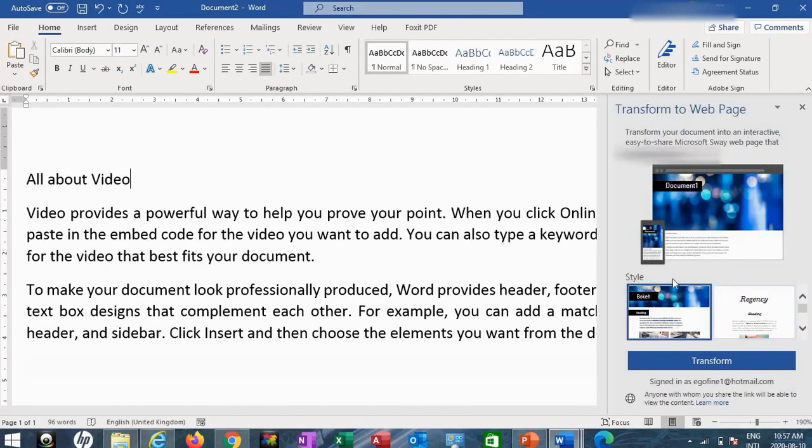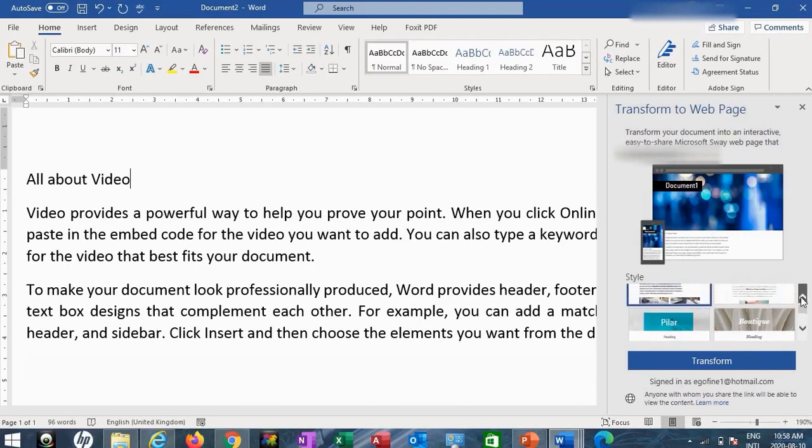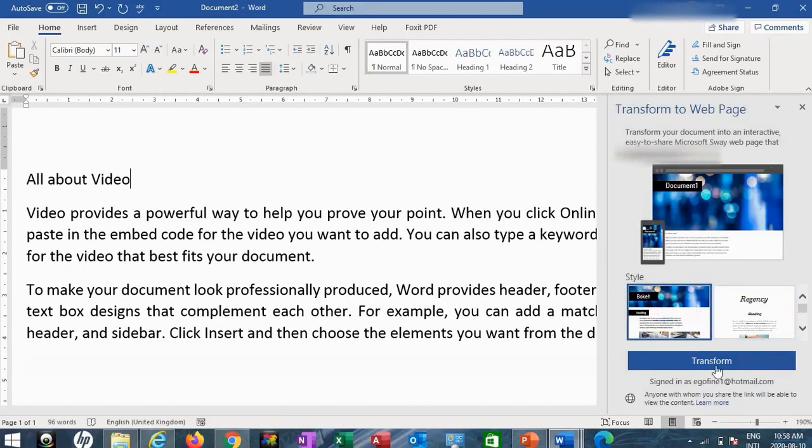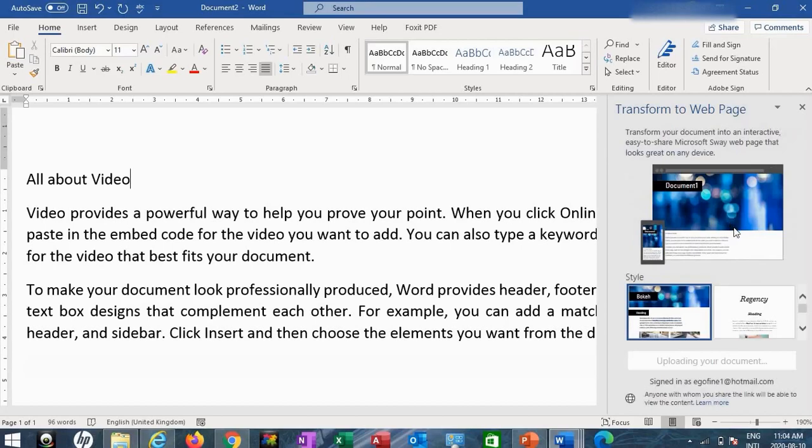So right here, the styles, you can scroll down and choose the style that best suits your preference. So I'm going to choose something that looks nice to me, or just for illustration purpose, I'll choose the first one. Once you click on the first one, click on Transform. This section simply tells you that your document will be transformed into a Microsoft Sway web page using your personal account. So what I need to do now is just click on the Transform button, and while I wait,